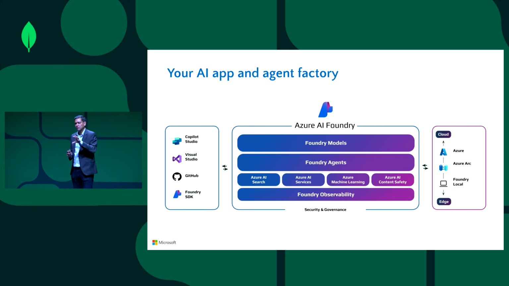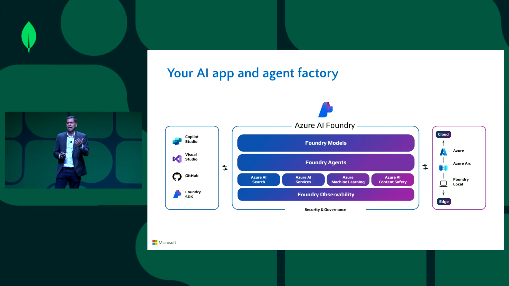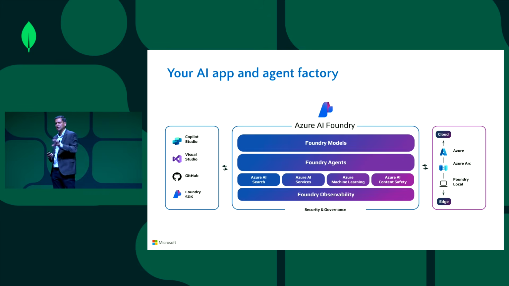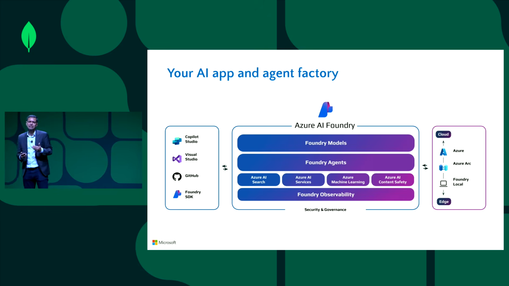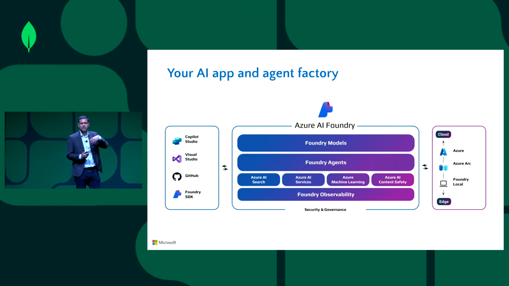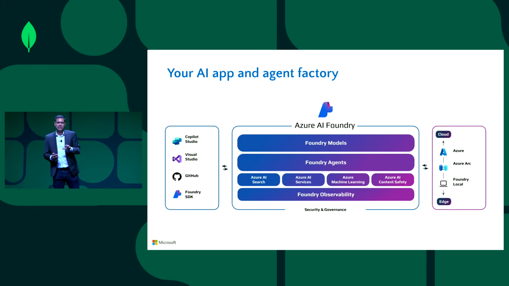Foundry provides a broad model catalog, over 11,000 models to choose from: Azure OpenAI, as well as partner models such as Llama 2 and Mistral. Not only models, it provides you the ability to customize and fine-tune your model to fit your specific needs. And then it provides knowledge integration capability, like the ability to connect external resources such as MongoDB Atlas to ground your responses in real data. You can build intelligent multi-agent applications with just a few clicks